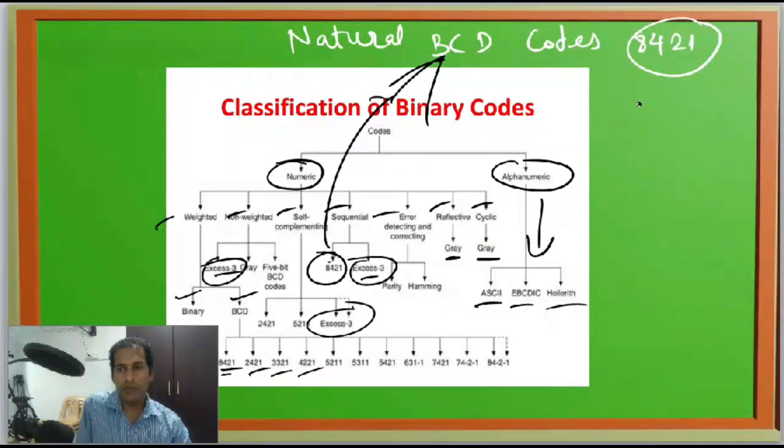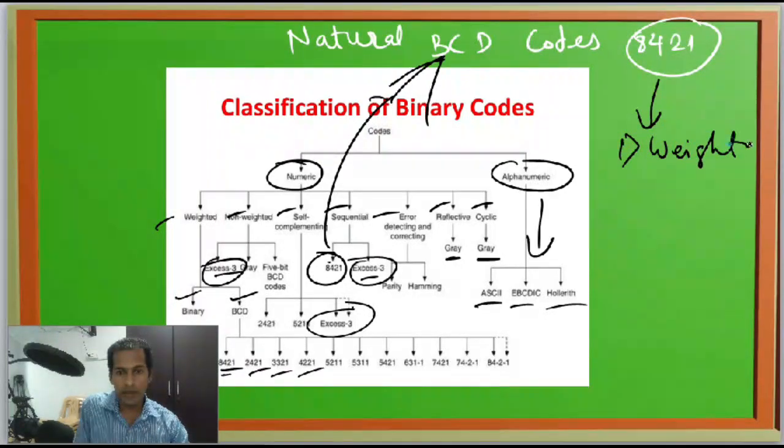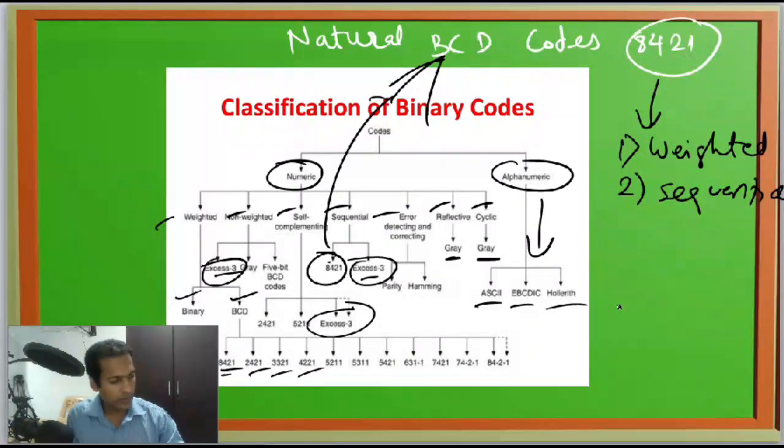So what we have to remember about 8421, it is weighted and sequential, right? Okay. Therefore it is useful for mathematical operations. The main advantage of this code is its ease of conversion to and from decimal, and we can also easily